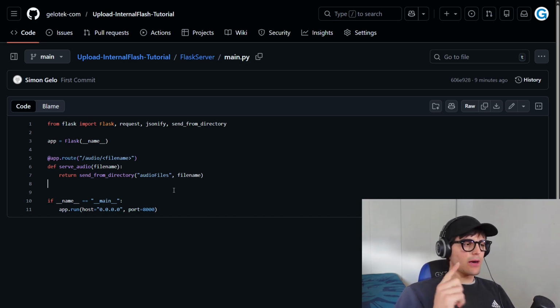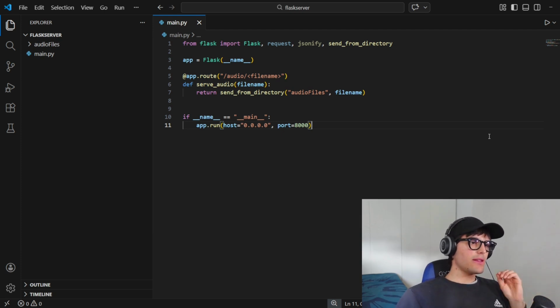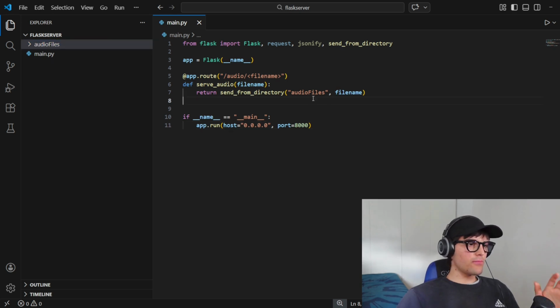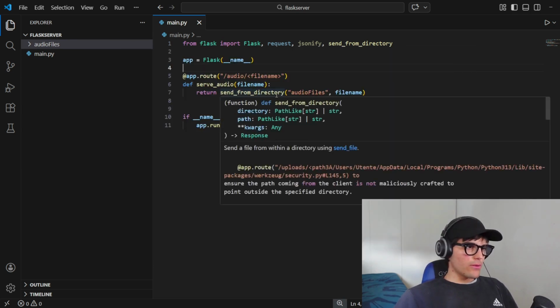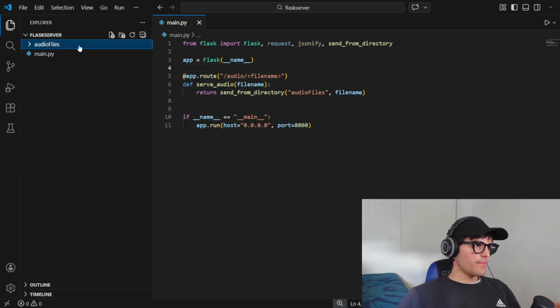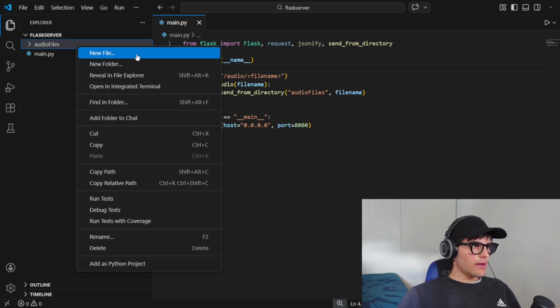And now let's set up this configuration for the Python script. So this is the Python script, and as you can see, you also have to add this audio files folder. Don't mind these names because they are from the last video, but the point is that you have to add your files here. So right now we're going to do a demo with